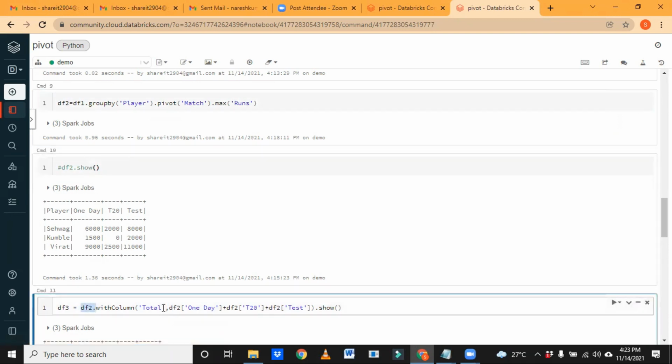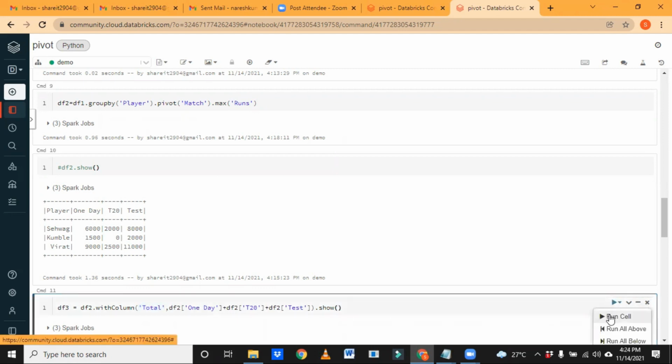Then I am making a new column, type total, and I want to sum up these three. Generally we will use df2 of one day, df2 of T20, df2 of test. We are just summing them and assigning the values to this column. So I just run it.